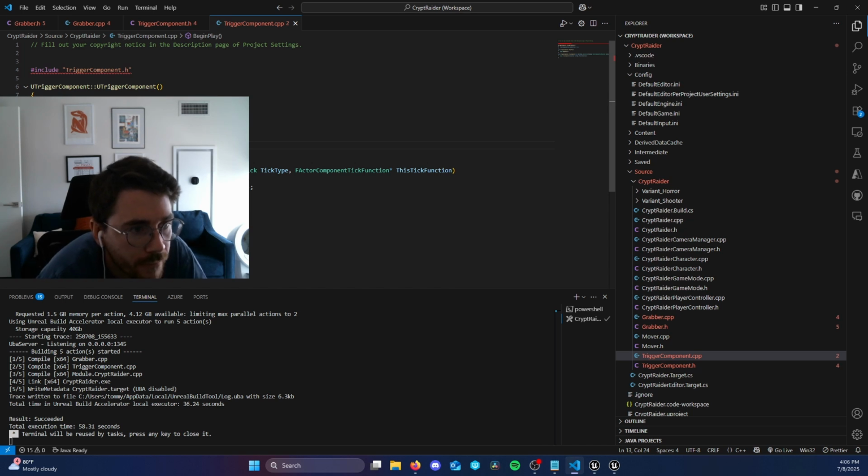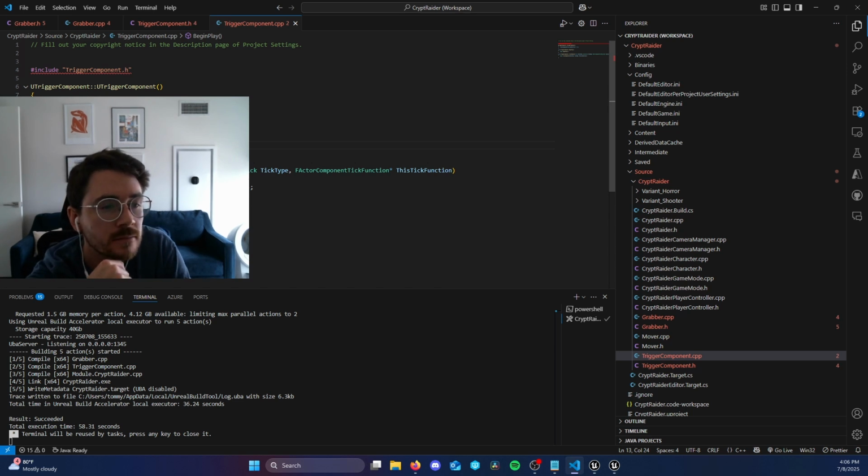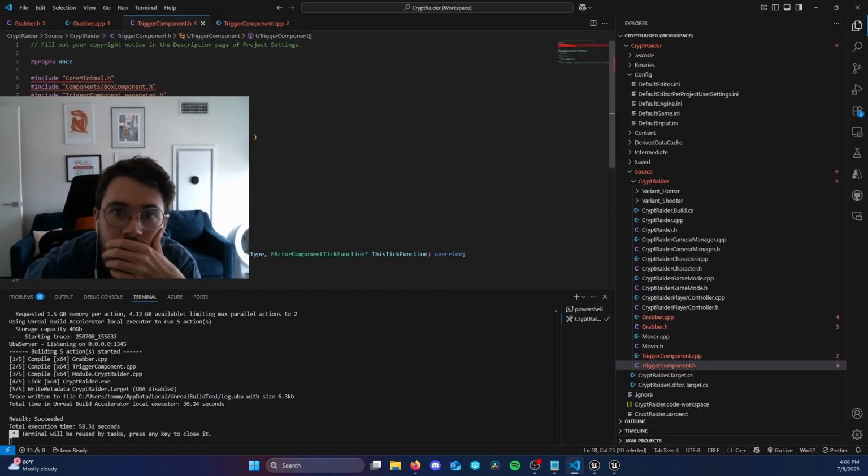with our primitive component. Now, it just so happens that our box component is a primitive component, so our trigger component is also a primitive component and would have access to this function. There's a second argument here, but we don't need to worry about that because it's actually got a default value if we use it. So let's go ahead and try and get hold of and populate a TArray of actor